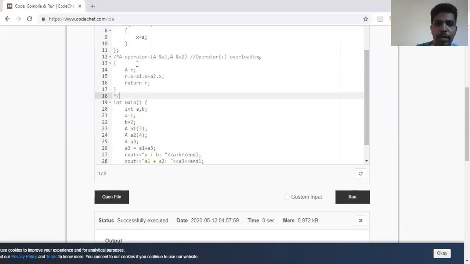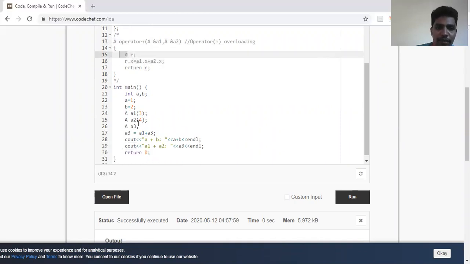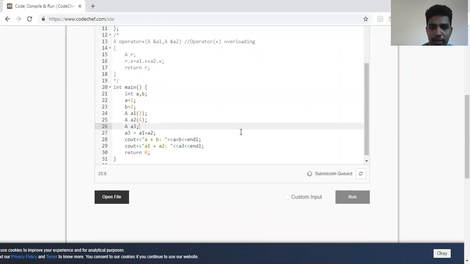So see here, this is operator overloading. So what did I do? I'm adding the x of both a1 and a2 and I'm storing that x in R. So I want R, which is of type A, to hold the answer. So that's why I've declared R, which is of type A. So I've named it as a3, which is an object of A, which can hold the answer, and I'm printing the answer. Fine. So a1 plus a2 should give me the answer. It should give me the answer 7. But I've commented it. So we'll see the error and then we'll uncomment it so that we can solve it.